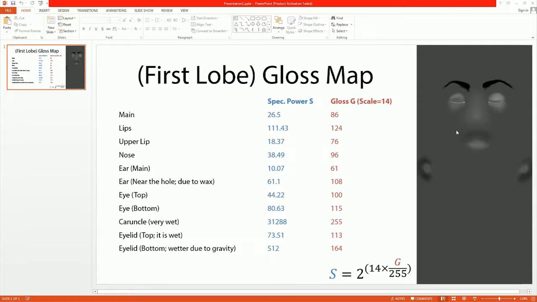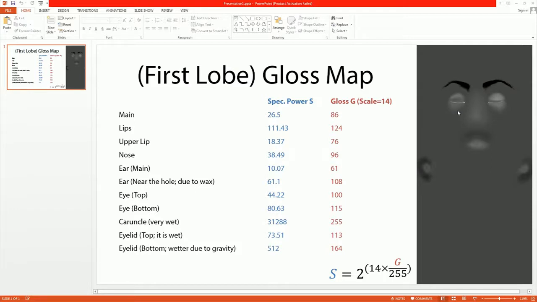And what you'll find is that most people will fall within these average ranges, and once you understand that fact, you can very quickly, as an artist, paint these ranges into your gloss map, apply them to your model, and then from there you can go, okay, so I want my character to be some kind of greasy hobo bum who never washes, and so we're going to crank up the forehead values, we're going to crank up the nose values a bit,